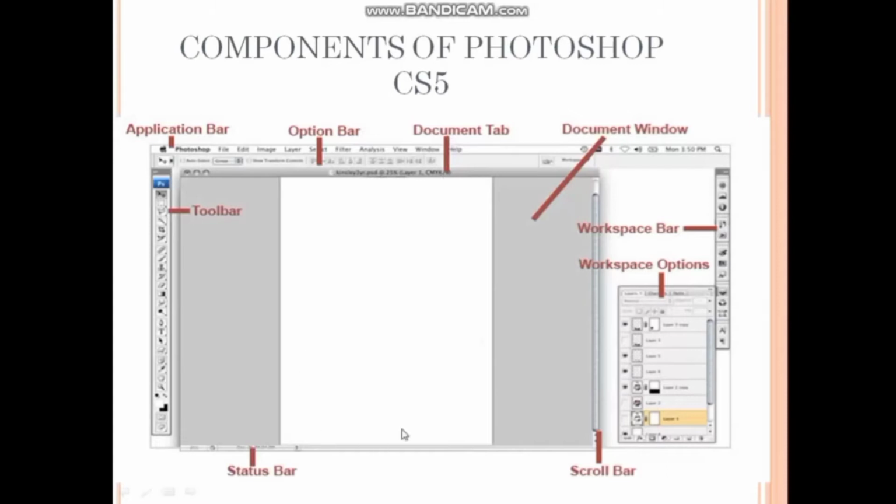The white page or work area is known as the document window. Here this is called the workspace bar, with the workspace option, and the bar that contains the tools is called the toolbar. This one shows the status bar, and this is the scroll bar which is used to move the page up and down. Now we will learn all the components of Photoshop CS5 in detail.